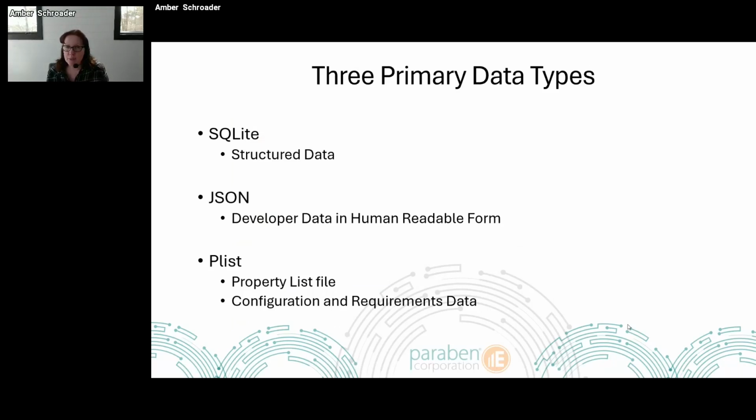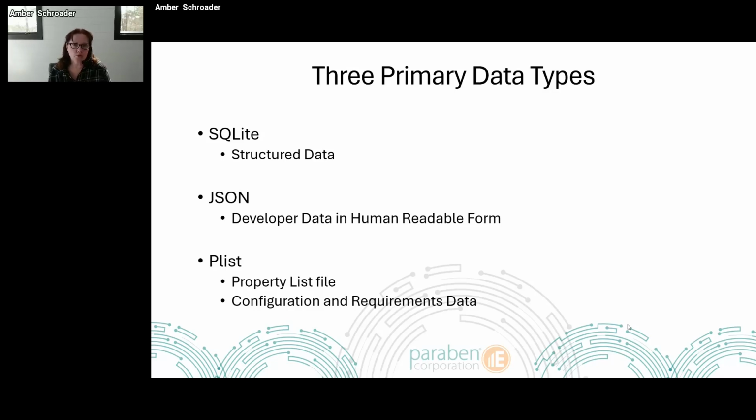So what kind of data do we look for with smartphones? We really have three primary types. And when I say that, there are obviously lots of other files in there. But when we're looking for user-oriented data, my potential evidence, we're really looking at SQLite, JSON, and plist files. They're not the most complex files on the planet, but some of them are a lot easier to go through than others. So I've got a couple of examples for you, just in case you have not personally had an opportunity to look at them in their raw form.